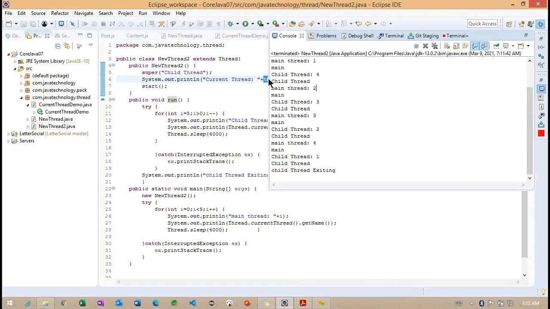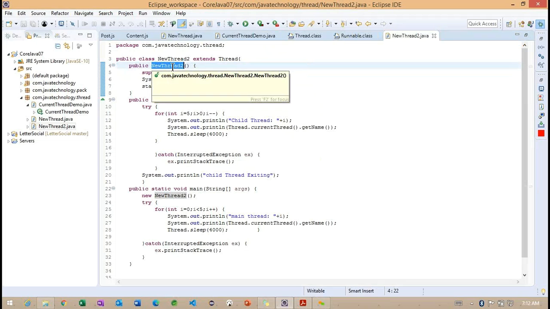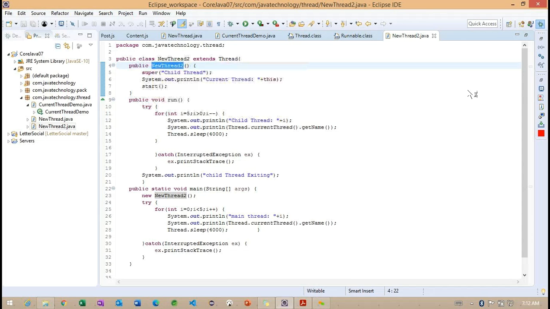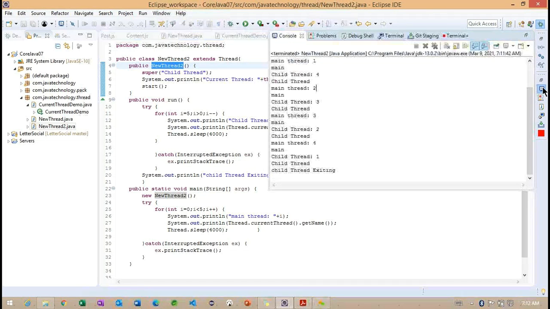This is indicating that every time we call this particular constructor here, we are going to find the current thread information. Now carefully observe here.